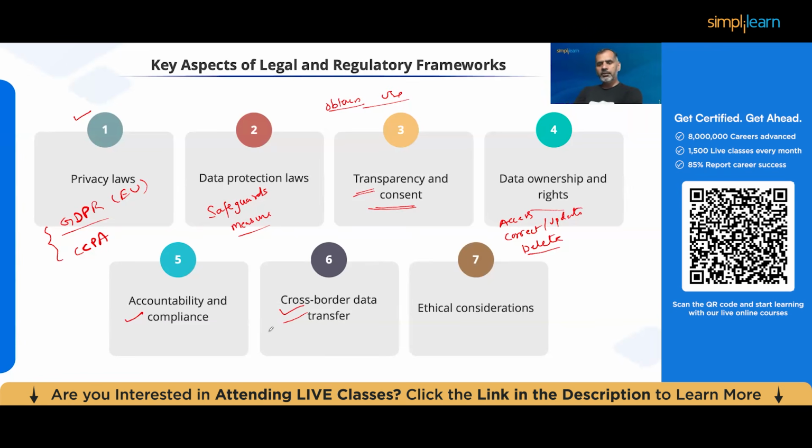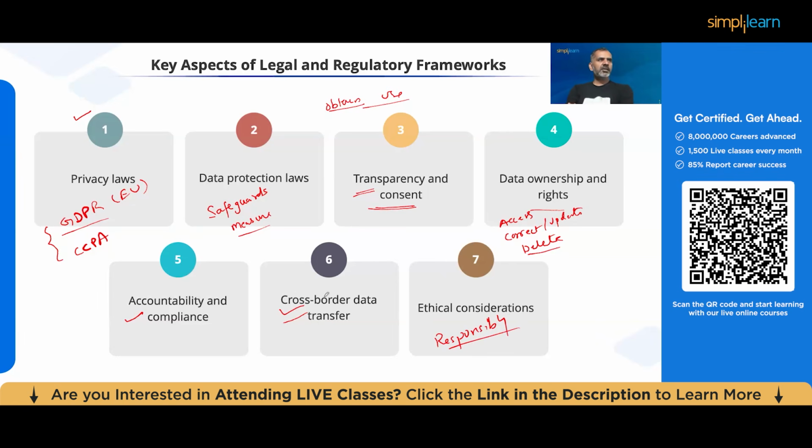And finally, the ethical considerations that go beyond the legal requirement, I must say. Obviously, you cannot cover each and everything with the law. People need to be moral and ethical while using this data. So they should always use the data responsibly. And that is what we talk about as ethical considerations. It talks about fairness, no discrimination, and bias. So these are all ethical considerations that need to be put together.